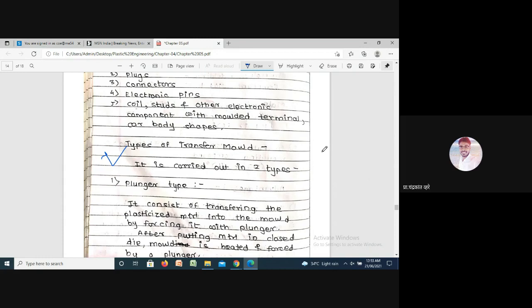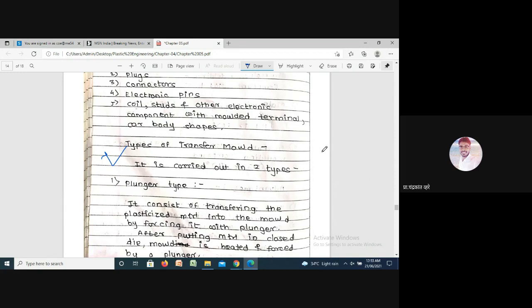All those things we completed in the last lecture. Today we'll see the types of the transfer mode. Types means how the transfer mode process is carried out in different ways.